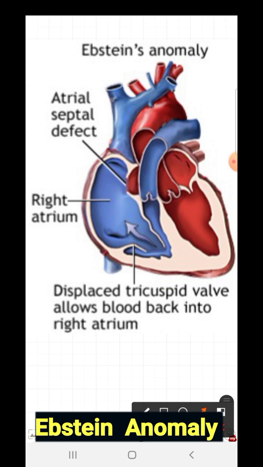In the cone procedure, the atrialized portion of the right ventricle is obliterated or removed. Repair of the tricuspid valve is done, and the displaced tricuspid valve is mobilized and repositioned at the level of the normal annulus. Replacement of the tricuspid valve is not a good option. It may need multiple replacements, which is not possible.